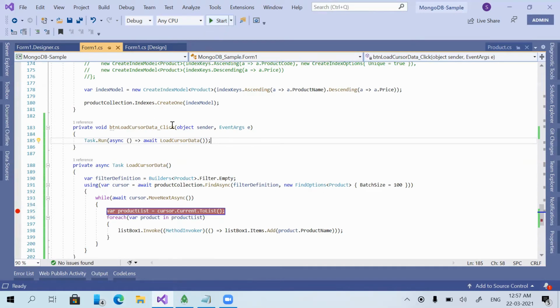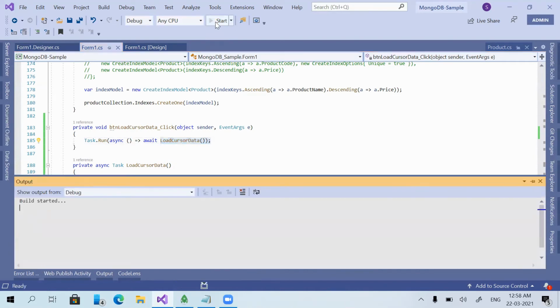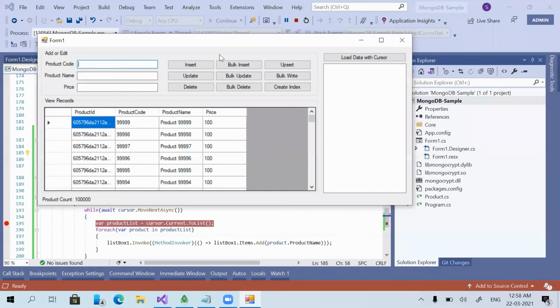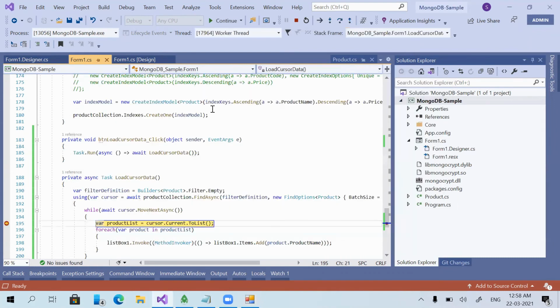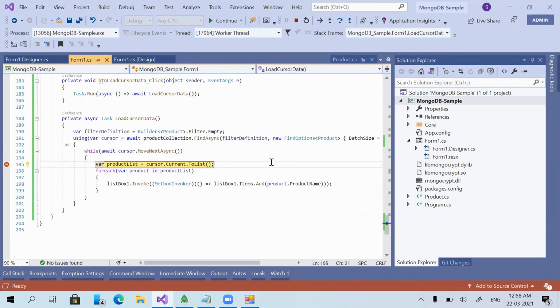Now let's check what will happen if we call this asynchronous method. I'm running the application. Yeah, the application is running now. So now I am clicking on this load data with cursor button. Yes, now you can see it is here.